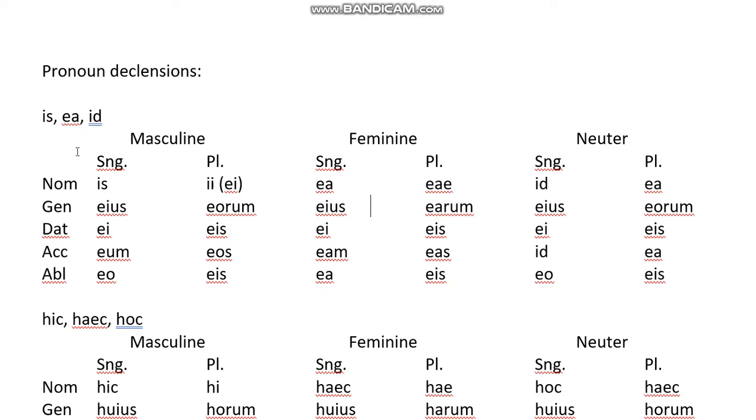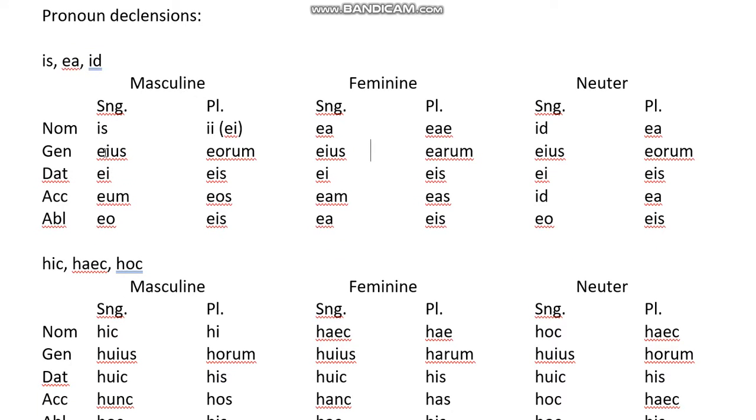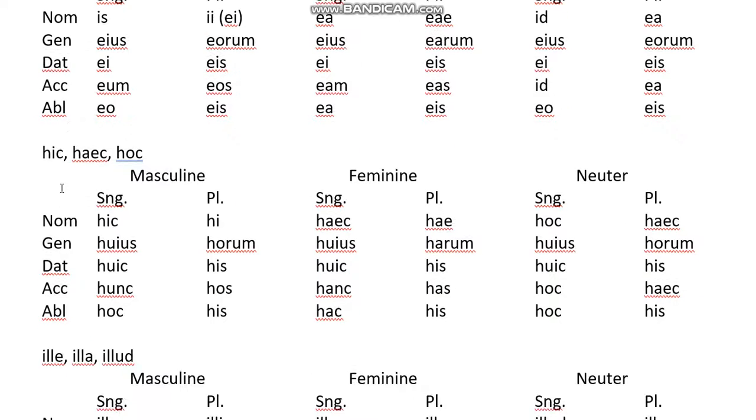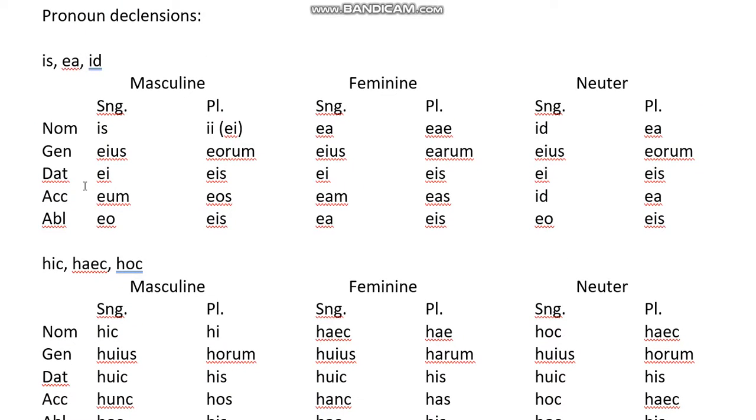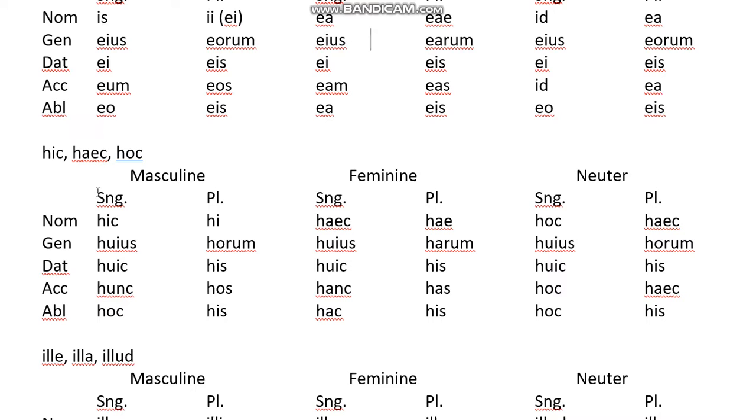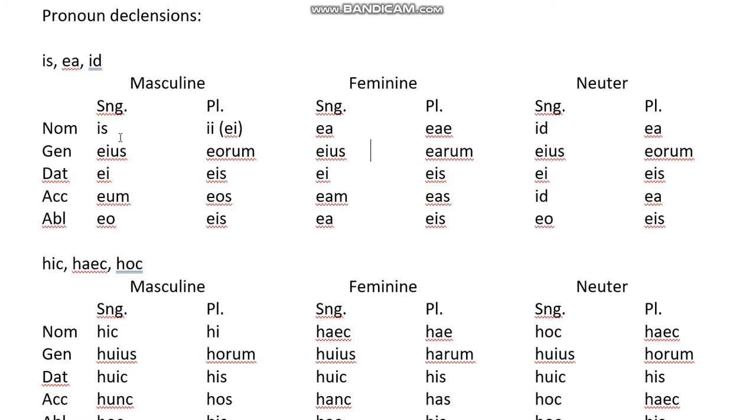On the one hand, you have what are called demonstrative pronouns, which in English would be words like this or that. So you would say this TV or this table or this, I don't know, assignment, or that table, that TV, that assignment, and so on and so forth. The reason why they're called demonstrative is because they come from the Latin word demonstro, demonstrare, which means to point out, because they point to a specific thing rather than doing what we would consider a personal pronoun, which is is, ea, id, which basically replaces